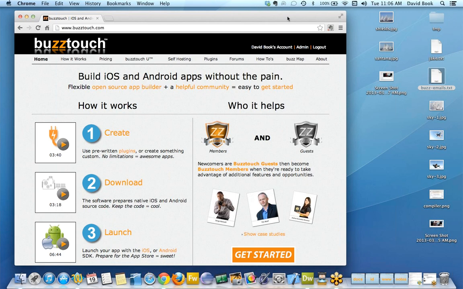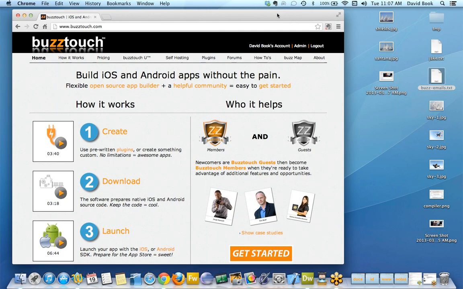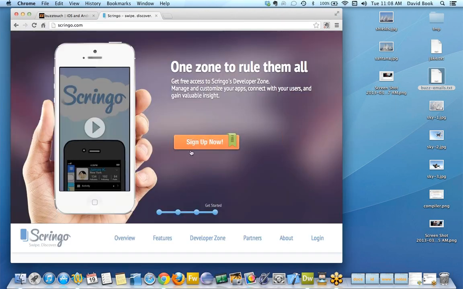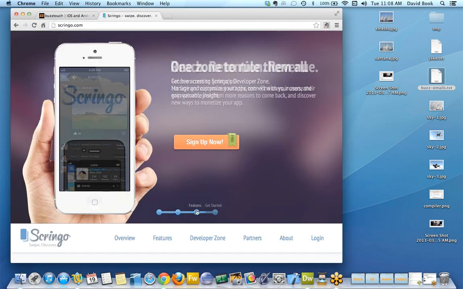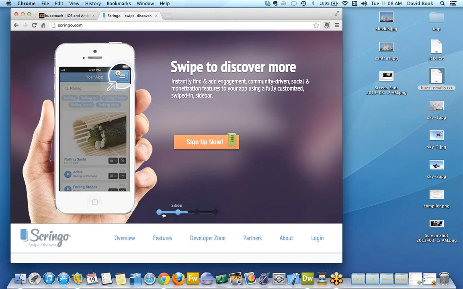just a second ago about Scringo, and he was asking about some people in the forum who are casually talking about maybe hiring each other to help them with Scringo, or maybe one user is saying, "Hey, I don't understand this Scringo stuff. Can you help me integrate it?" And so I'll touch base a little bit on what Scringo is and why that was something that Ian was bringing up. I'm going to go to Scringo.com right now, and what Scringo is,